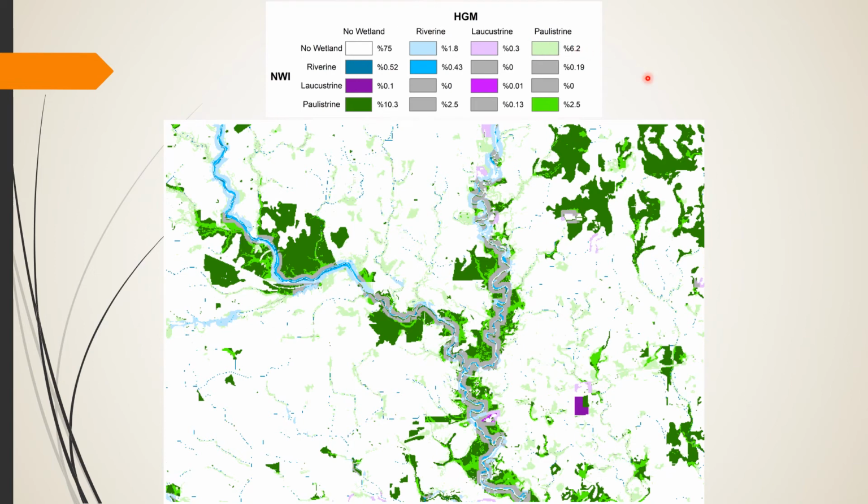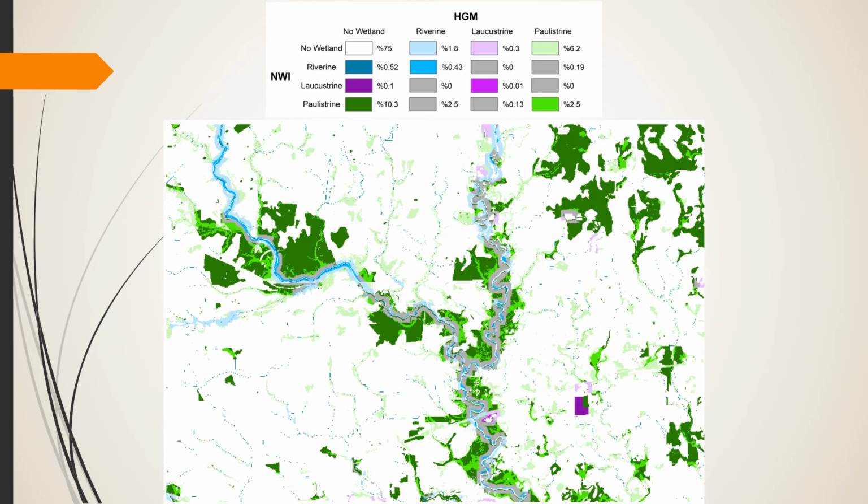And potentially some of the causes of that are discrepancies within the data, or how the model was built, or just changes over time, as the NWI was collected much earlier than the HGM data. We also see a large number of misclassifications. So 2.5% of palustrine wetlands were classed as riverine. And this is likely due to the buffer size being too large for this particular river. And so adjusting the buffer zone would definitely help with this, or taking multiple sized buffers would help improve